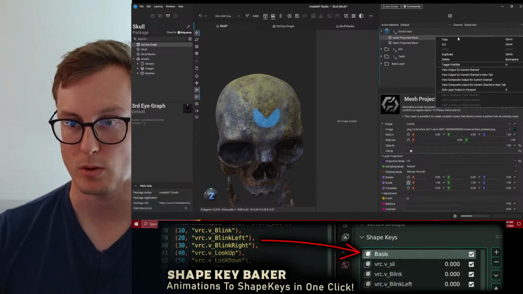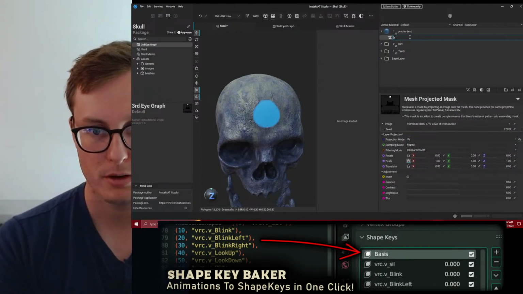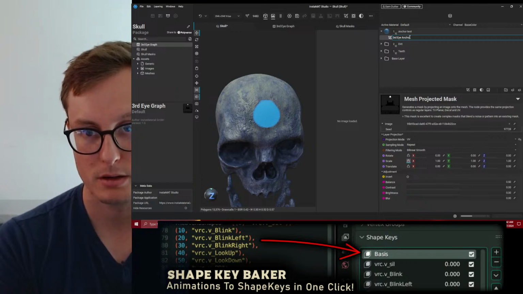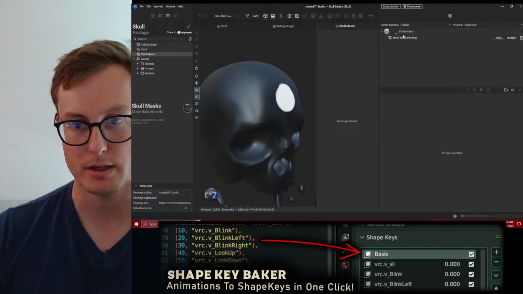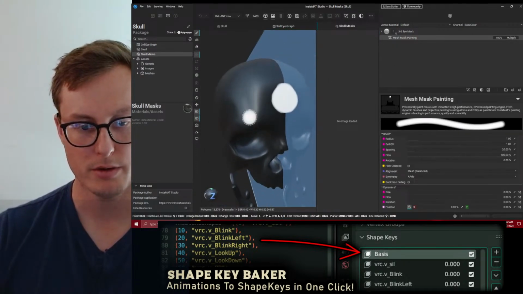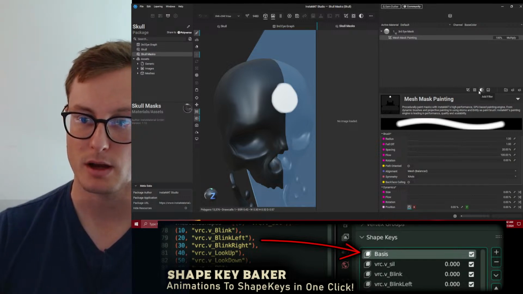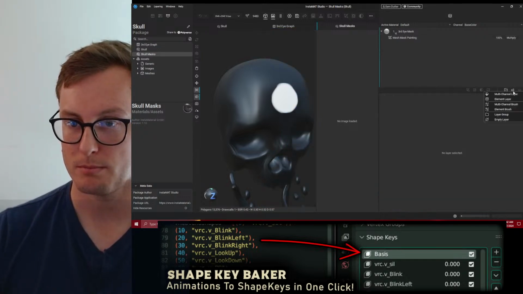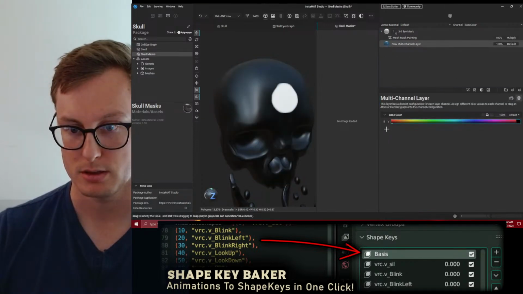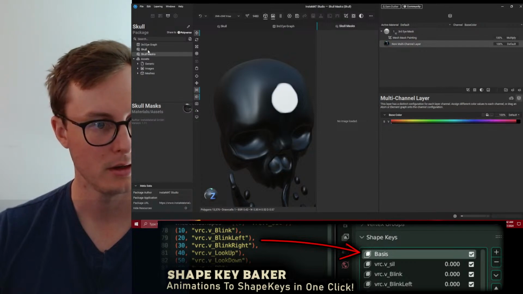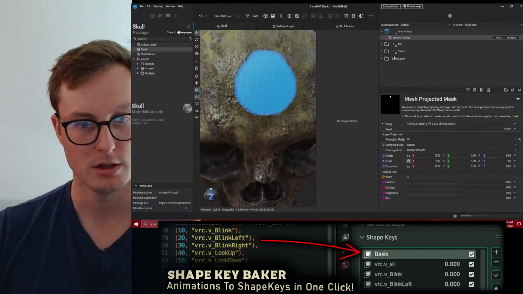It doesn't seem to be working quite right. But now we do, again, we do have the actual third eye anchor. If I go back to my skull mask, this is what we're using right here. I would have expected it to be a little bit stronger, but perhaps because we're using the base color, it's not actually black on the bottom. So let's make sure it is. Yeah, that looks a lot darker. Go back to skull now.